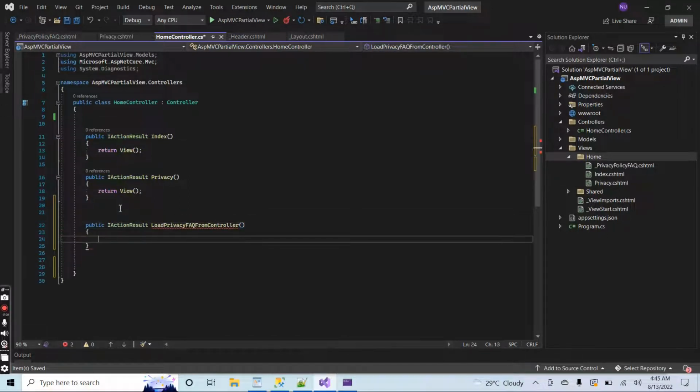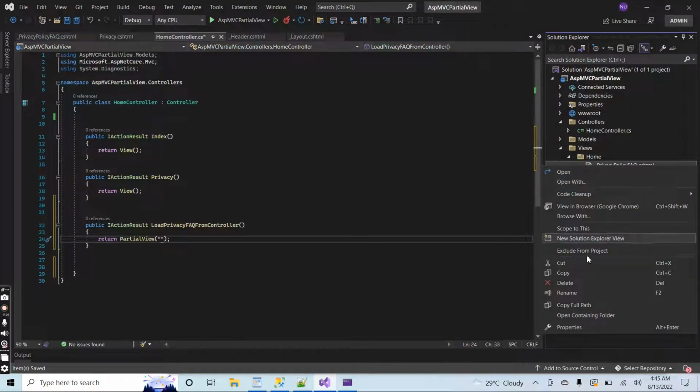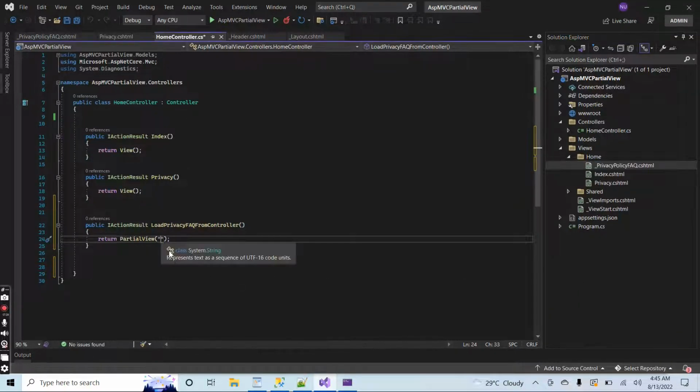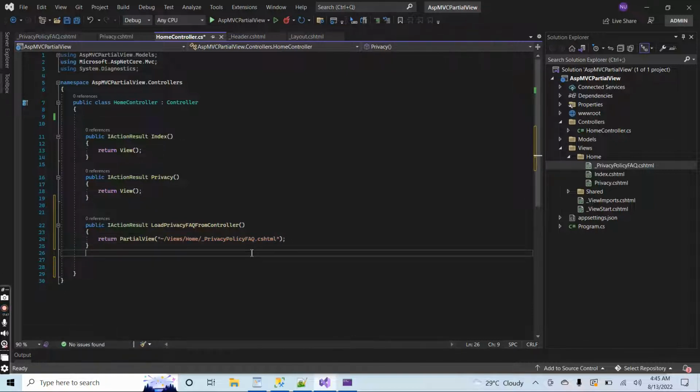loadPrivacy. It will be the name, and from here I will return a partial view. Partial view, okay, and I will give the path to the partial view. The path is Views/Home/PrivacyPolicyFAQ.cshtml. Yes, it is the complete path of the partial view that I want to return from the load privacy